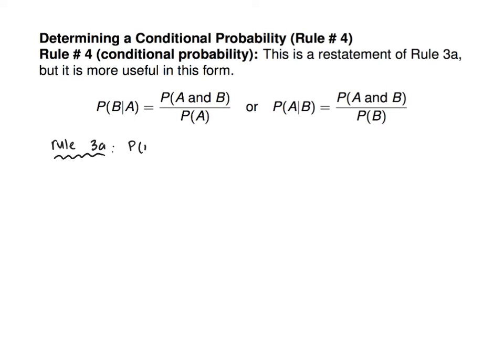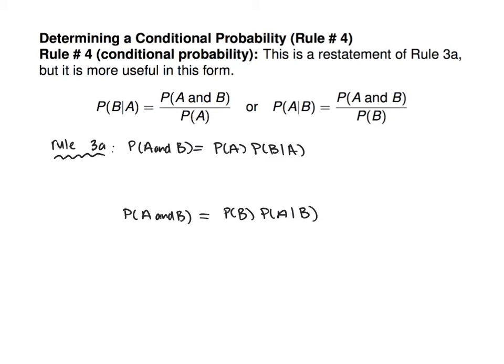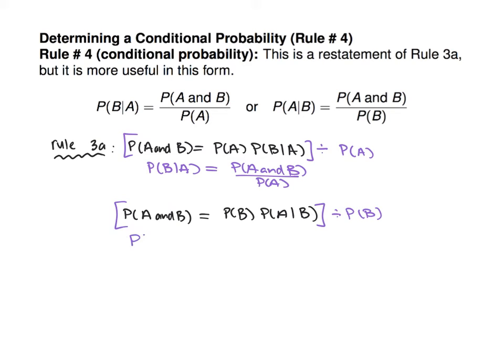Rule 3a said that P of A and B was equal to P of A times P of B given A. And it also said that probability of A and B was equal to P of B times P of A given B. In this first one, if you divide by the probability of A on both sides, that gives you probability of B given A equals P of A and B over P of A. And with this one, if you divide by probability of B, you get probability of A given